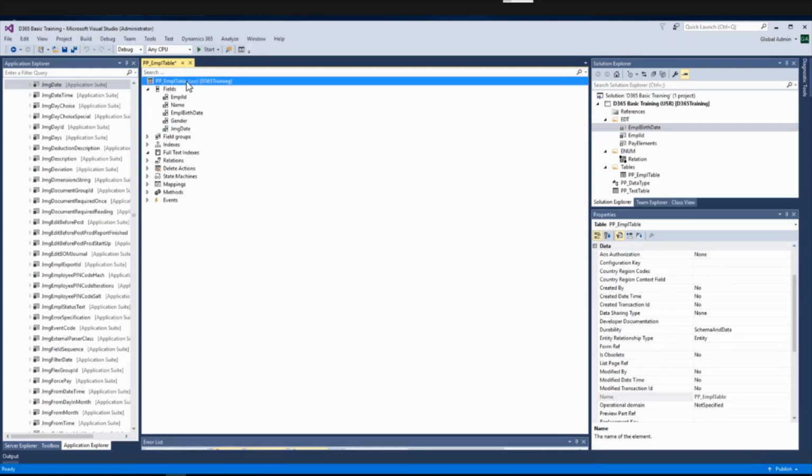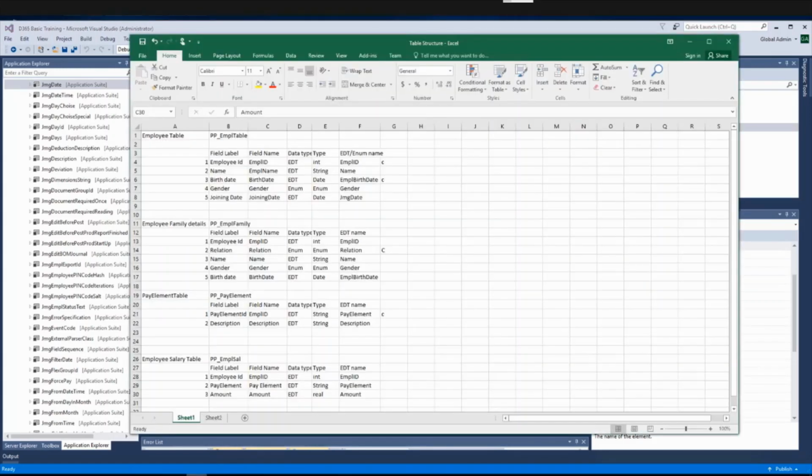So let me create the other tables also. We have to create 4 tables. Another is employee family details. So like we have created the employee table, we have to create all these tables. Let me create all these tables for you quickly.